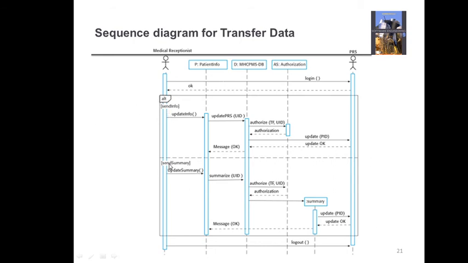So nested alternative blocks will be there. For the sake of simplicity, we are assuming he is a registered user, an authentic user, and he gets logged into the system. Response came back. Now, according to the case study, there are two possibilities to transfer the information to this PRS by the medical receptionist.